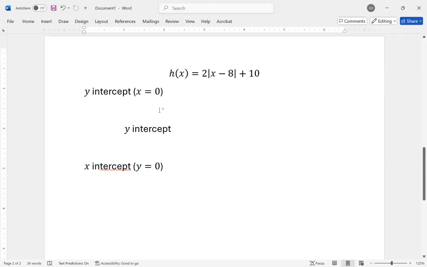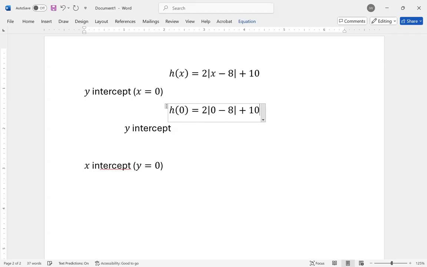All right, so to find the y-intercept, we simply plug in 0 into the function and we find the corresponding output with input of 0. So we plug in 0 for x and then we find the y value, which is the output. So 2 times the absolute value of 0 minus 8